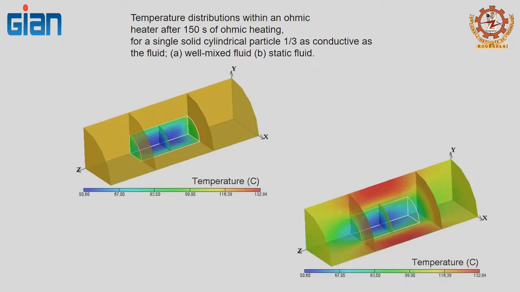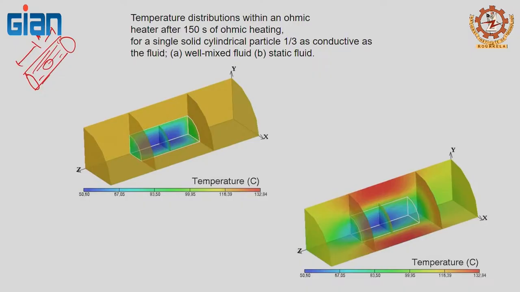Let's think about a simple case. You have maybe a 1 foot long small bench scale ohmic heater. So you have the ohmic heater and electrode, and let's say this is 1 foot in length and maybe 1 inch in diameter. And I put some type of solid in here, and then I am going to fill the rest with some heating medium, so water or certain salt solution. What I am interested in modeling is how the temperature develops within the solid